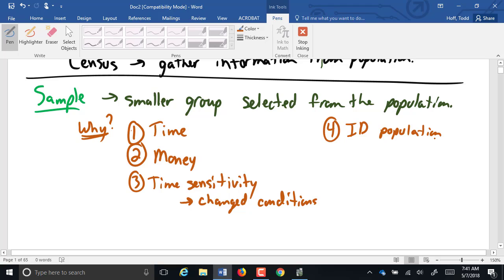Fourth reason is identifying the population. Like we said in this school board example, some of those people don't know if they're in the population yet because they're not sure if they're even going to vote. So if they don't know whether they're going to vote, we don't know whether they're part of the population. Now, for you guys, this is a very important one. For many other people, it's not so important.